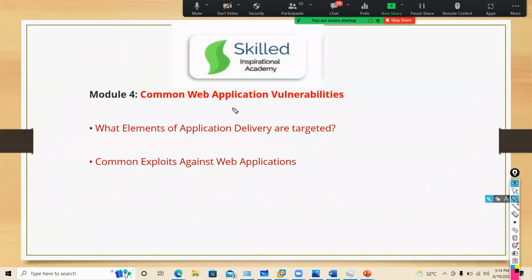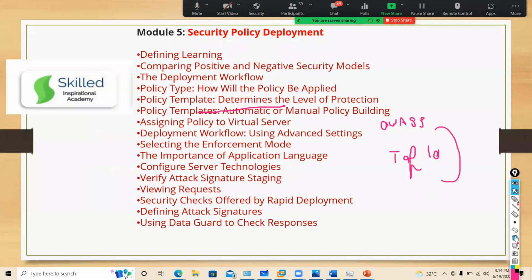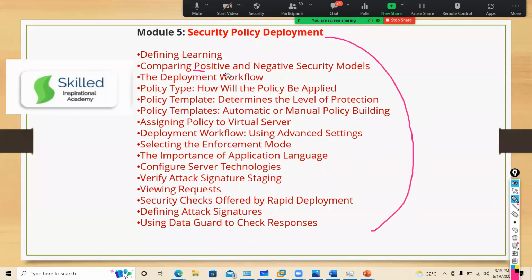Common web application vulnerabilities. We will talk about the OWASP Top 10. Then we will talk about security policy deployment. What is the negative security model? What is the positive security model? How to assign a policy to a virtual server.